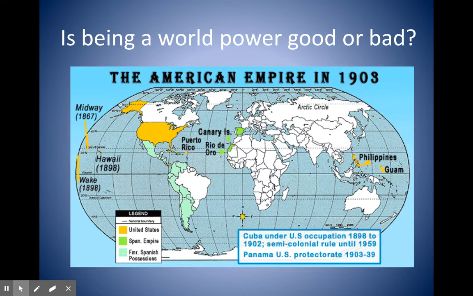Now, one of the issues, too, is whether or not being a world power is good or bad, because being a world power brings with it responsibilities, right? It brings expense. So you have to have a military, all these kinds of things. And so that's why you want to remember imperialism and this transition to the United States being engaged